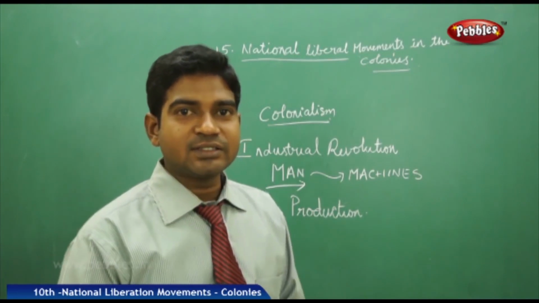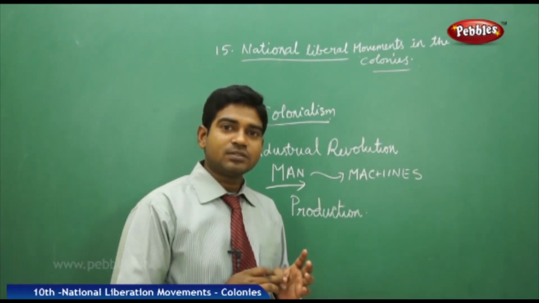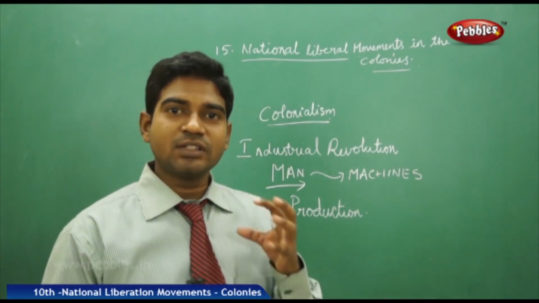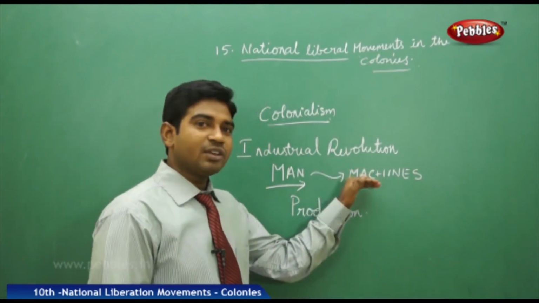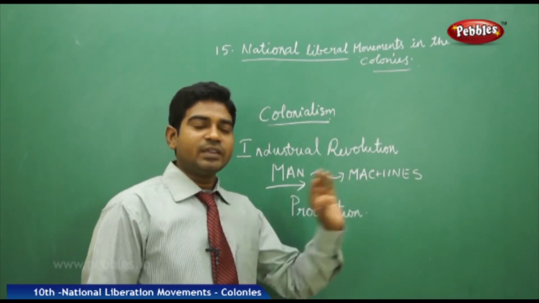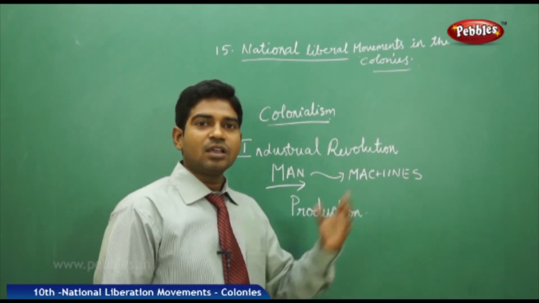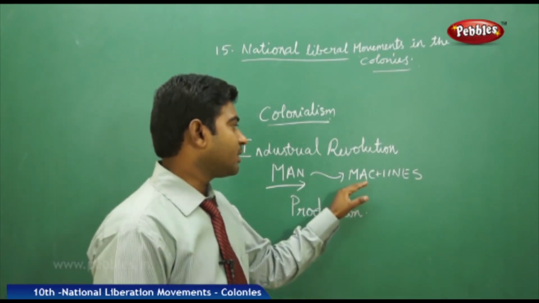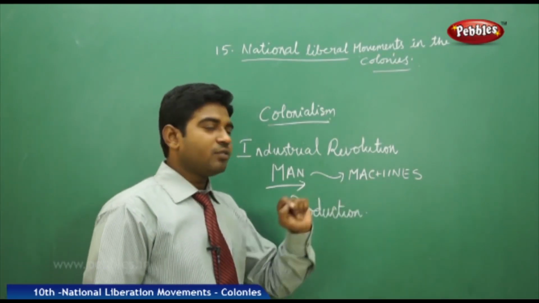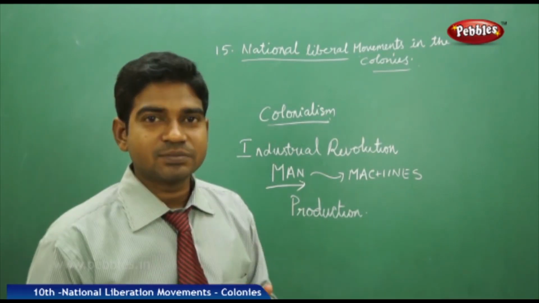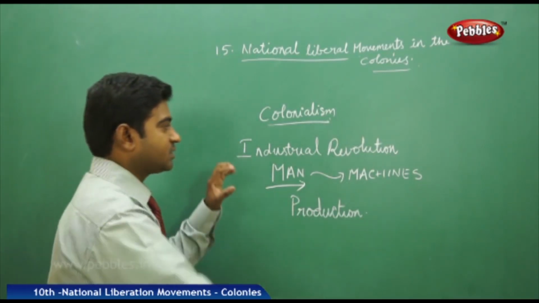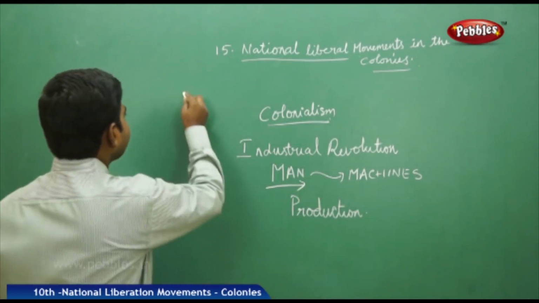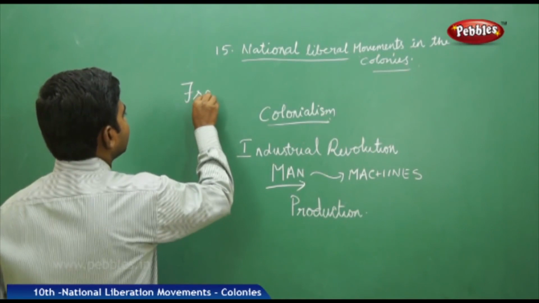Now, when an industry is set up, we need employees, and first of all we need the raw material. The raw material should be processed in the industries because we already invented the machines. After the invention of the machine is done, we can't keep it aside, so we have to use it. So when the raw materials are brought, now we need the raw materials from other countries. The countries which were influenced by the Industrial Revolution are, first one is